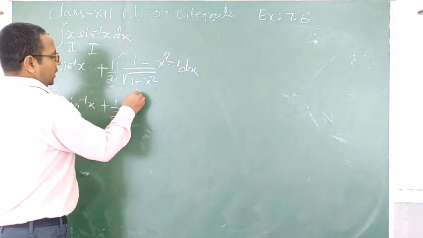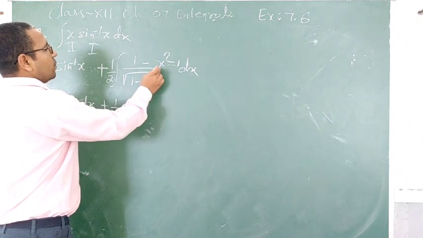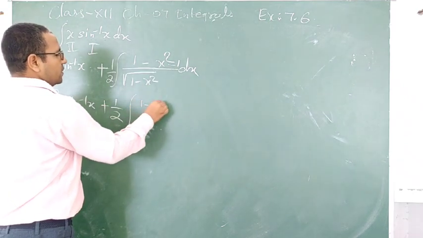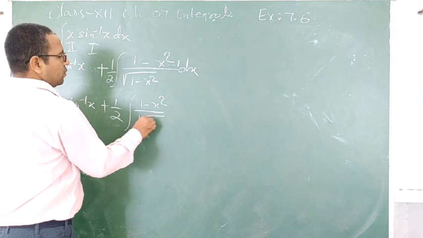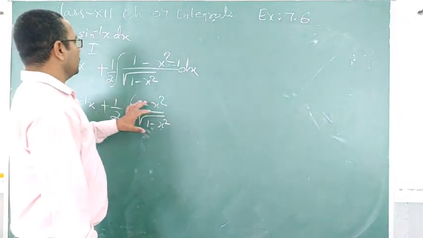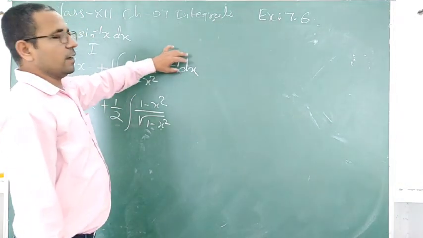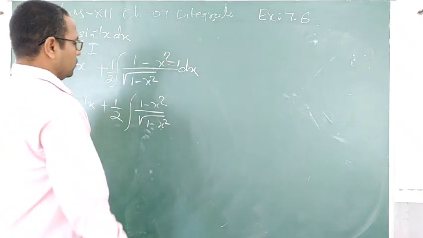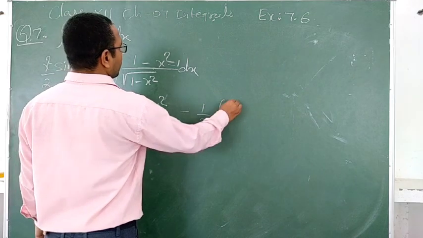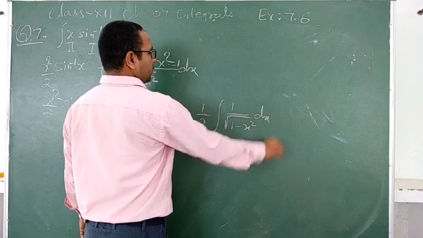So now integral, so students, one time we have to take the denominator of these portions up to here, up to 1 minus x square, upon root 1 minus x square. We will get this much. And after this, 1 by 2 along with 1 by root 1 minus x square will be the denominator of this one. So minus 1 by 2 integral 1 upon root 1 minus x square dx. We will get this much.